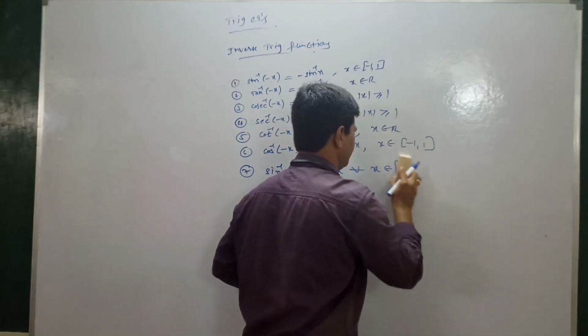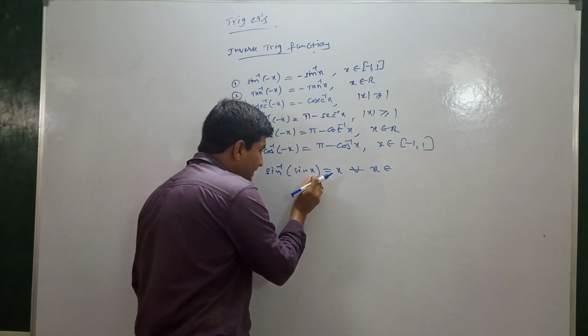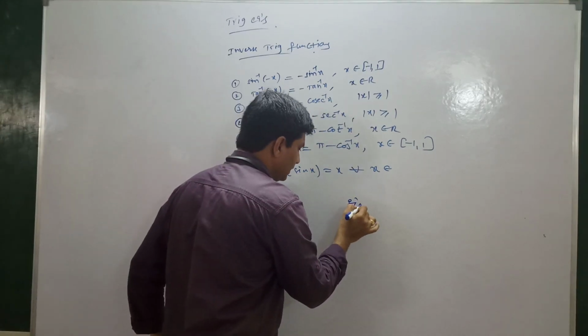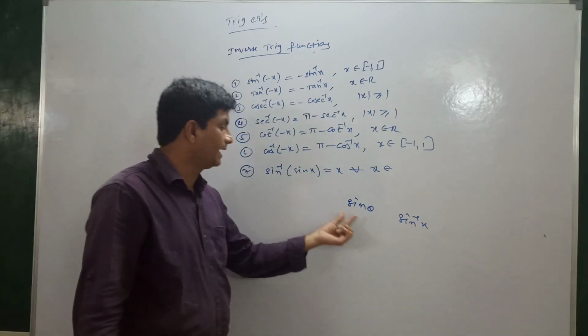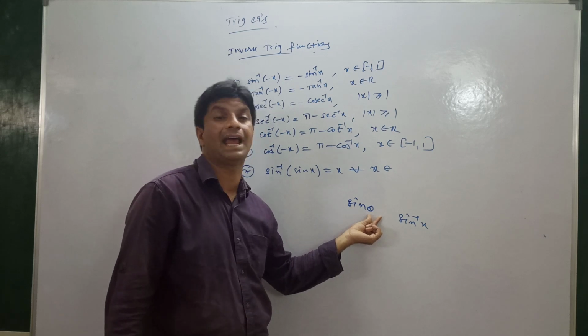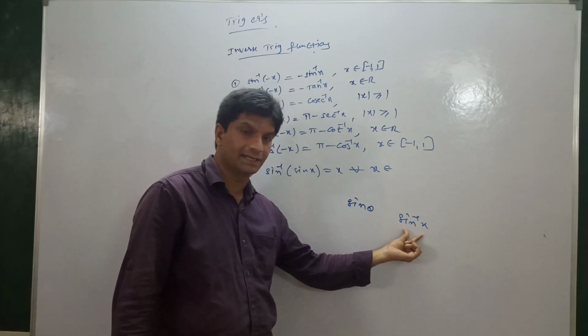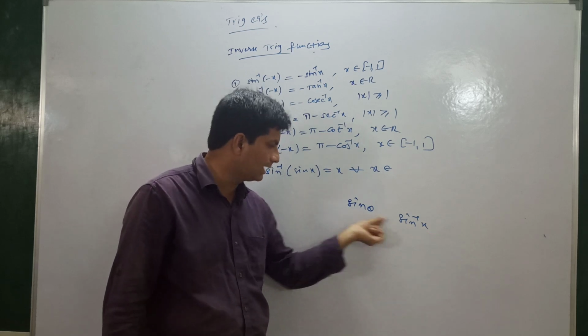Wait. Here is the range we have written down: sin inverse of sin x. Here the x means an angle. See here, sin theta and sin inverse are both different. Sin theta is a general trigonometric function, the sine function, where theta is an angle. In sin inverse x, the number inside the inverse function is a number. This is an angle, this is a number.